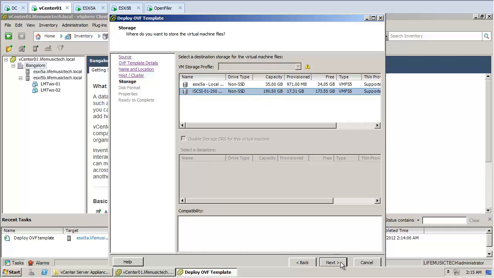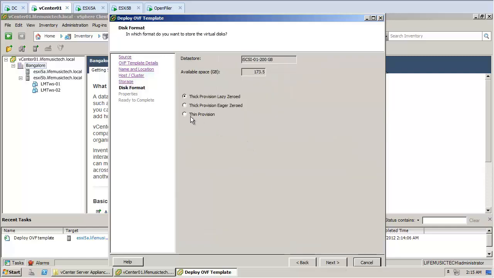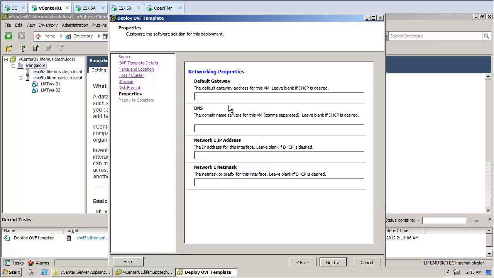So I'll click Next, and for the disk format I'll select thin provision. I'll click Next, and for the properties I don't have a default gateway. The DNS server would be my domain controller's IP address, and the IP address for this vCenter server is